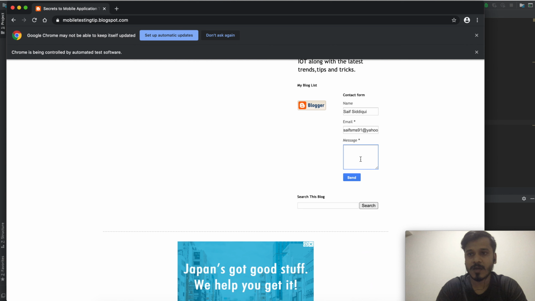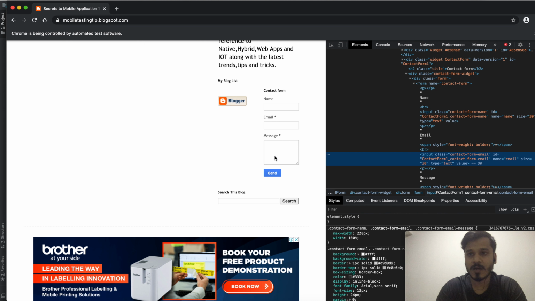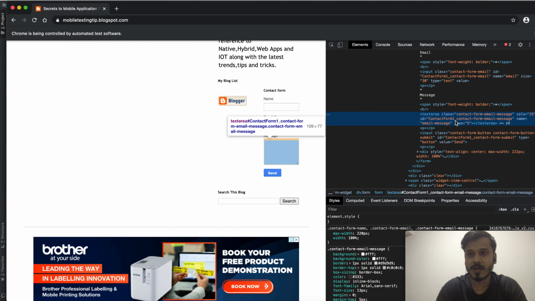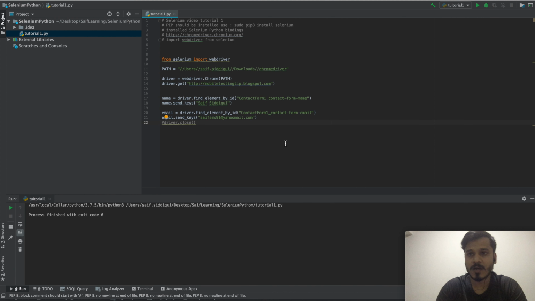The next thing which I want to do is I want to identify this message box. So in order to identify the message box, I will just go here and I think I can use this name here. Now it should be unique element. If it is not unique, I will just change it later. So as of now I will try writing some variable to store the identifier.